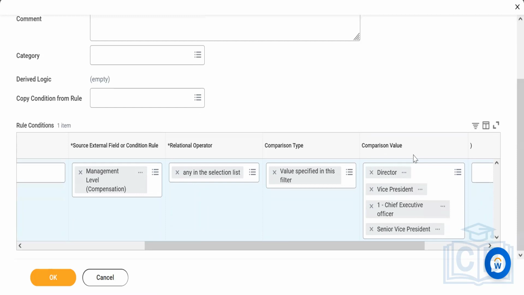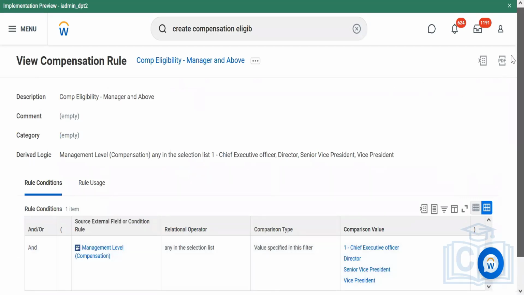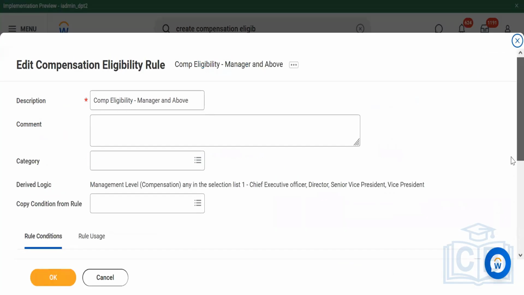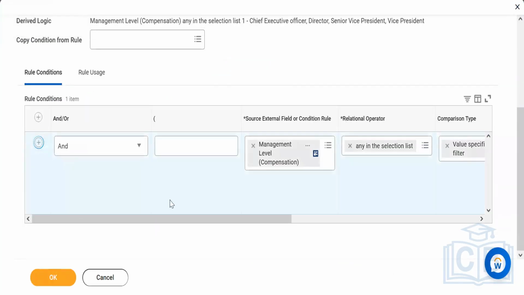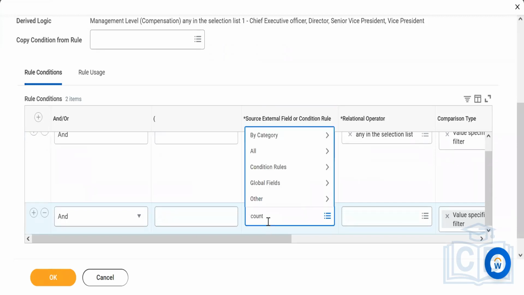Now what this will do, when you attach this to any compensation plan, a stock plan or anything, is that plan will be applicable only for this group of people. Or I can do one more thing: add one more kind of condition here. Let's say management, we have 4 people that we have selected, right? We can add one more line of rule that these people should belong to